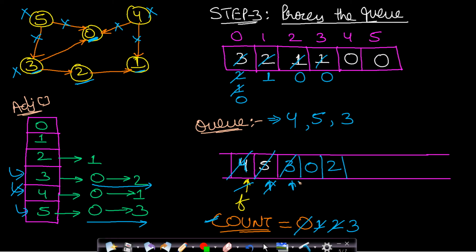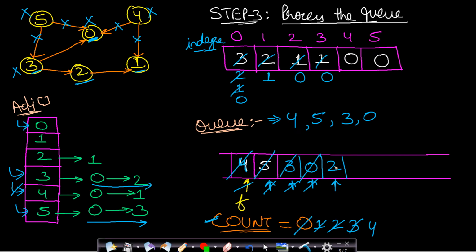Okay, now we will move on to the next node 0. So 0 is actually not having any adjacent node. So if we remove this 0, then none of the nodes will get affected in terms of in degree. Okay, so we can directly remove this node 0. So let us assume this node 0 is now removed. Now this 0 has been processed, so 0 will be included in our topological sort, and count will also be incremented by value 1 since another node has now been processed.